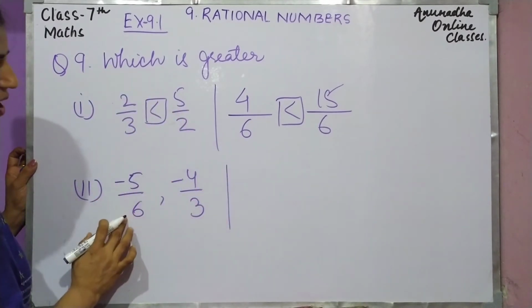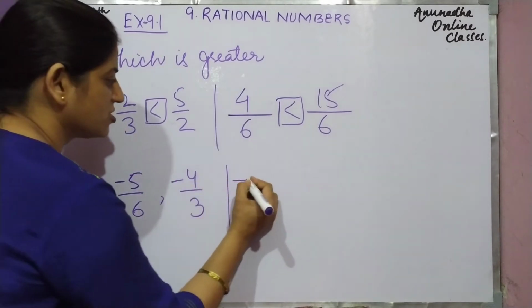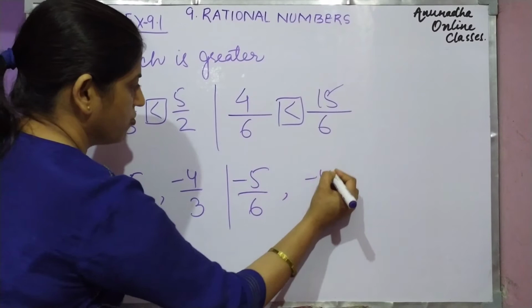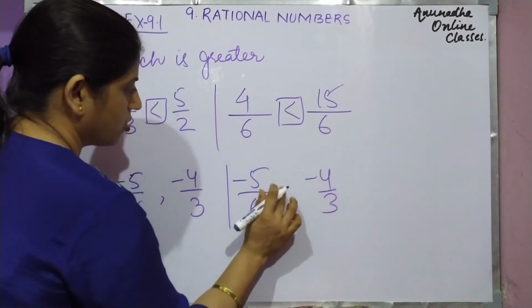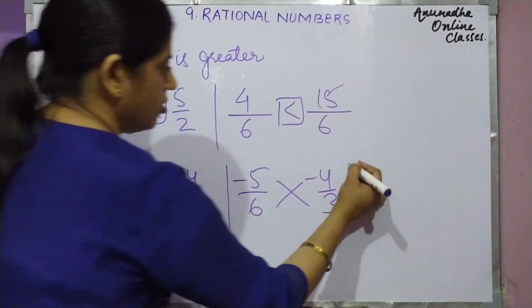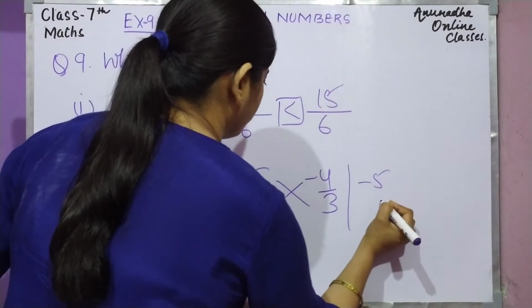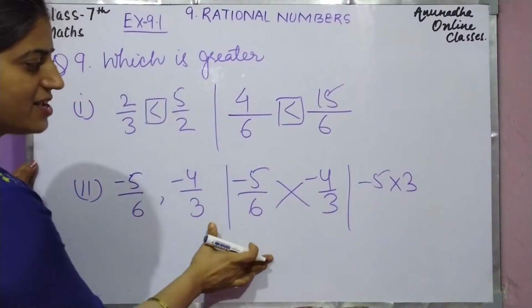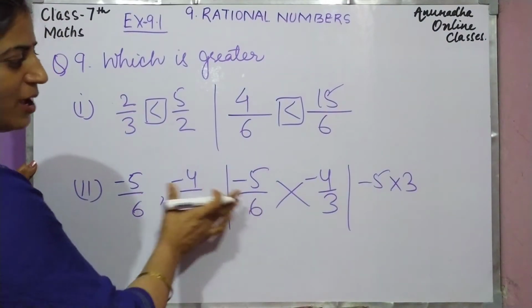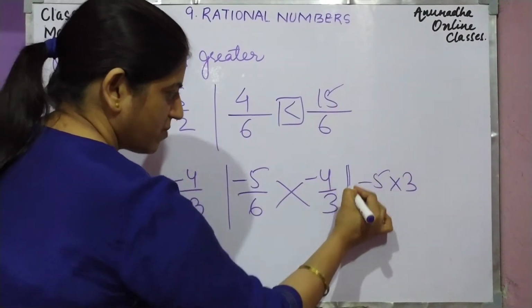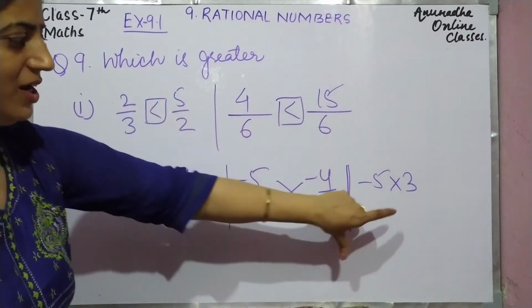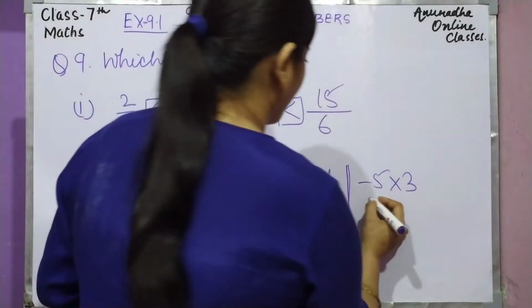This is minus 5 by 6. Now we will do it by cross multiplication. This and minus 4 by 3. This will be minus 5 into 3. You keep writing below; as I have only this much space, I am doing it just in front. I am making a line so that you understand the steps well. This is minus 5 into 3